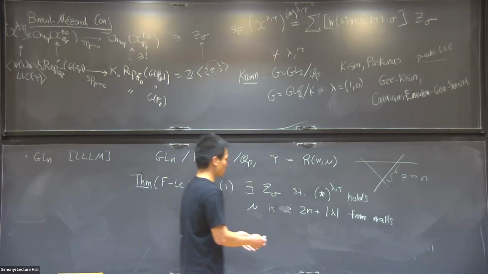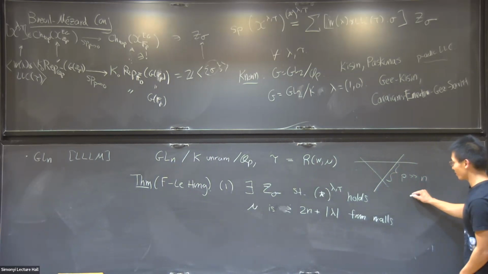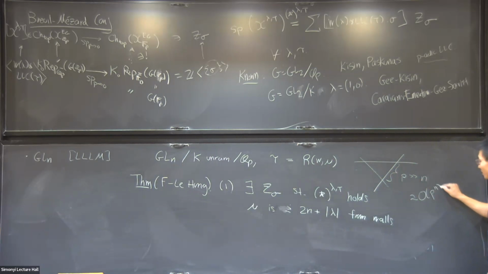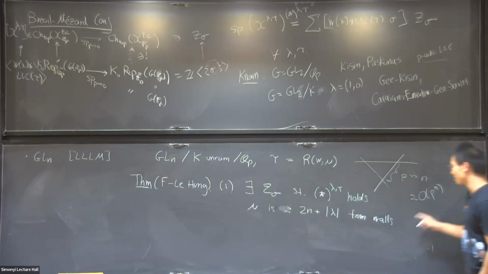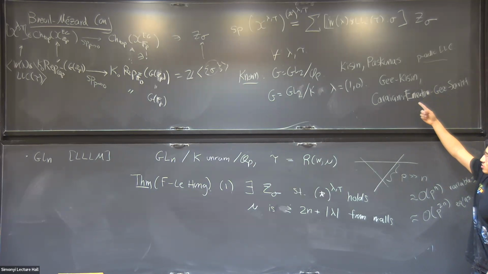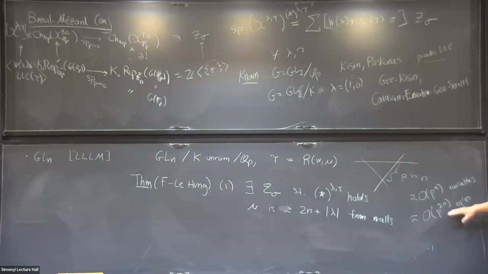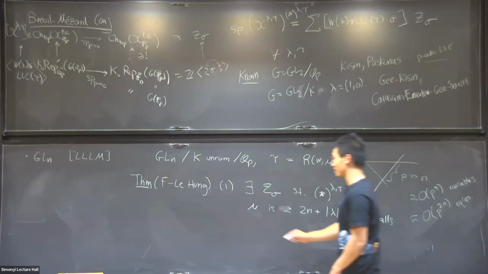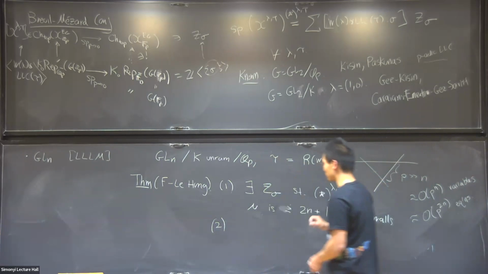And just for orientation, there's roughly p to the n degrees of freedom here. There's roughly p to the n sigma, so roughly p to the n variables in our system of equations. And the number of constraints which we're satisfying is like the square of that, so p to the 2n. So although you're not verifying the infinitely many conditions asked by the Breuil-Mezard conjecture, you're verifying a lot more than the number of variables. And so this kind of thing wouldn't be happening out of coincidence. Therefore, it's maybe not surprising that there's already some uniqueness which one gets here.